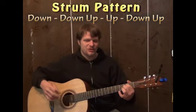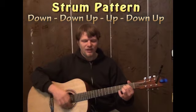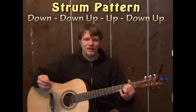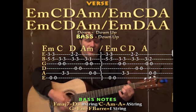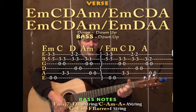So if you took the E minor and just tried that a lot, you'd have down, down, up, down, up, down, down, up, down, up, down, up, down, up. Now the weird part about applying that part is you may feel a lot of the chords kind of half. So on those halving chords, you could do just a down, down, up. So you could have E minor with a down, down, up, C, down, down, up, D, down, down, up, A